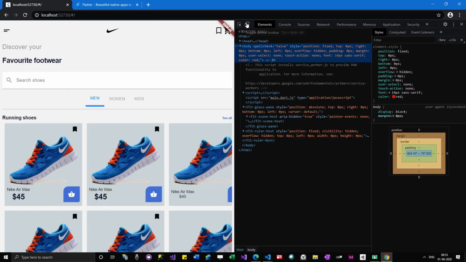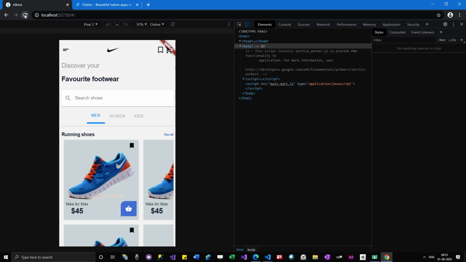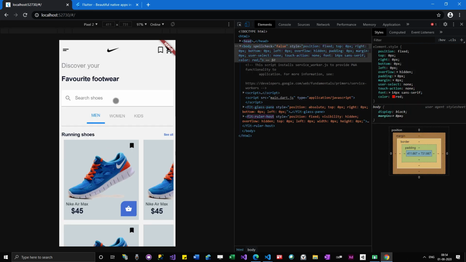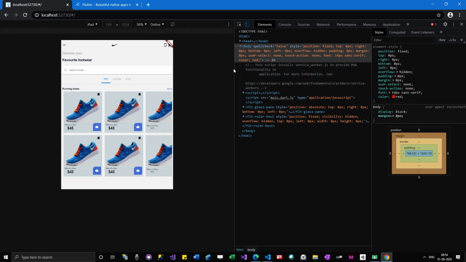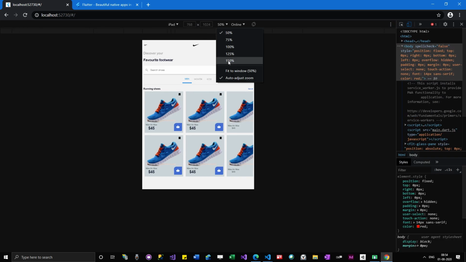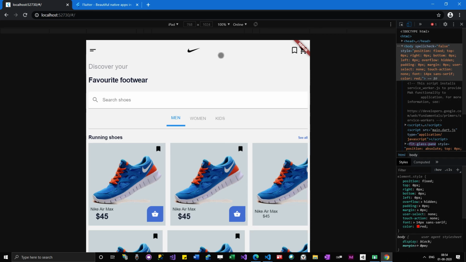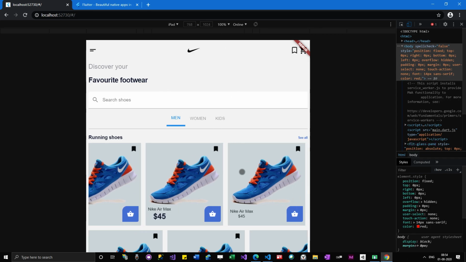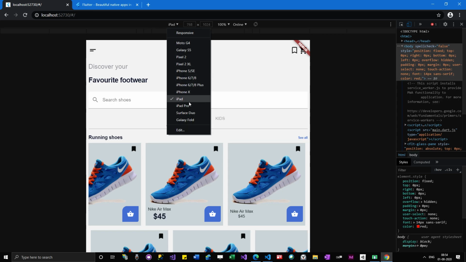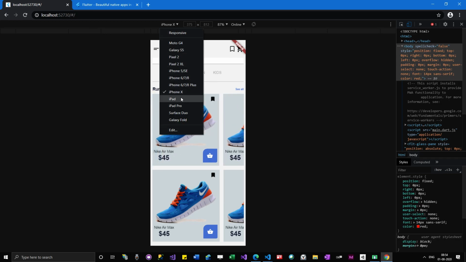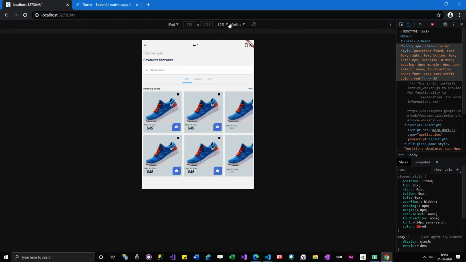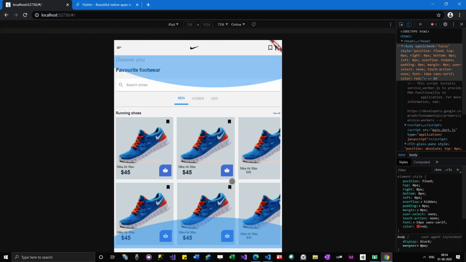So if I go here, I can try the same thing for this, and I can get the view of how it's going to look on the mobile device. How this app is going to look on iPad. So this is how this app is going to look on iPad. For some reason scrolling is not working here, it's working there. Maybe it's not working because of the screen issue. Fit to window. We are already at the bottom of the screen.